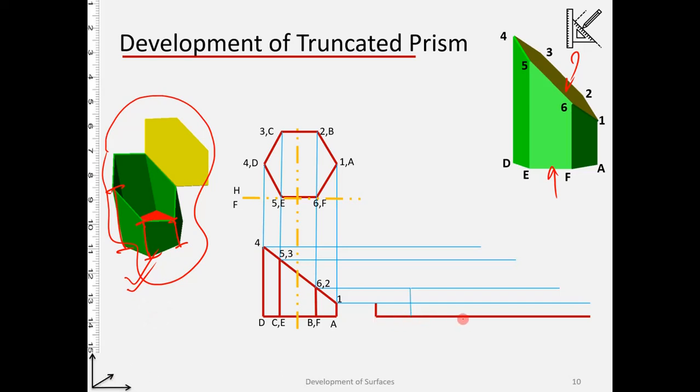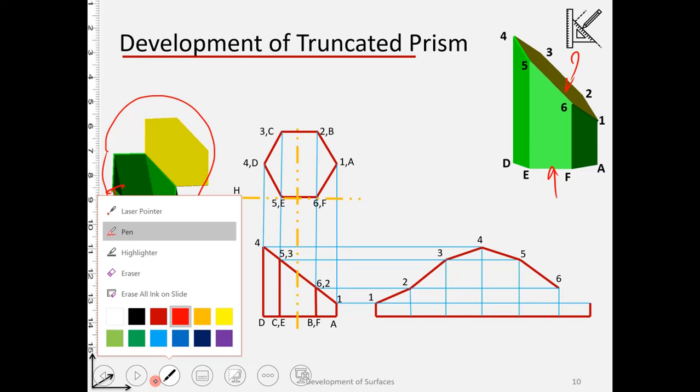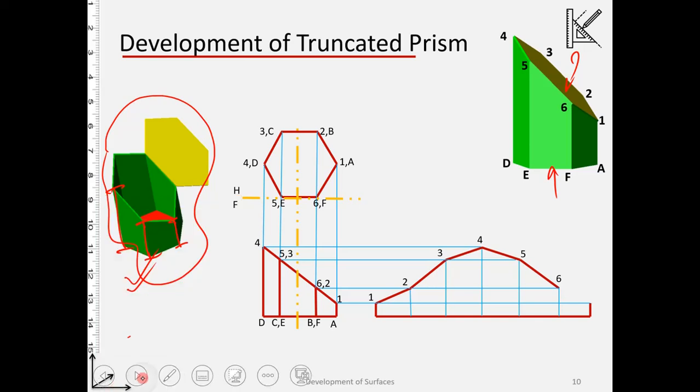Now at points A, B, C, D, E, F, A, at each of these points I'm going up, because for example at A I have to go up to this line. At B I have to go up in height equal to this, that means equal to this projector. So I'm going up at each of these. Alright, let us say we join all of these. So by joining this we get the developed surface. So here I can write further the name.